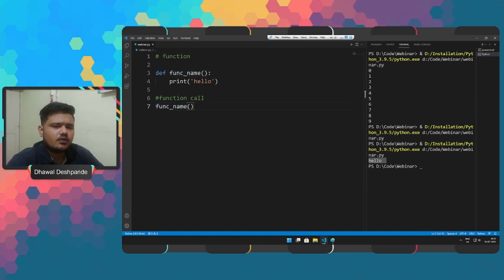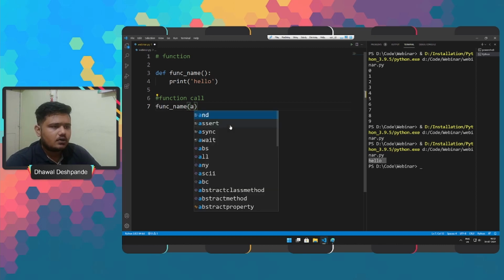So moving forward, when we say argument, those arguments are the specific information that we are passing into our function, right? So to pass an argument, in calling we have to give an argument.